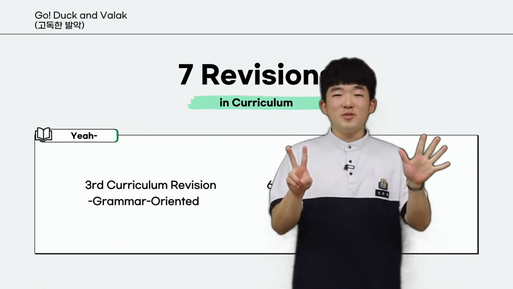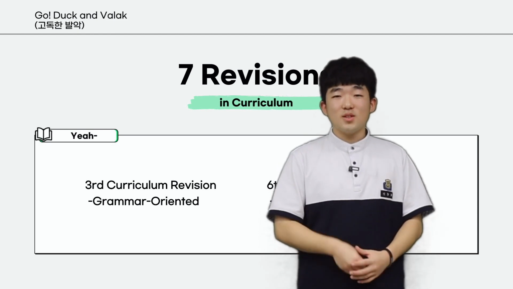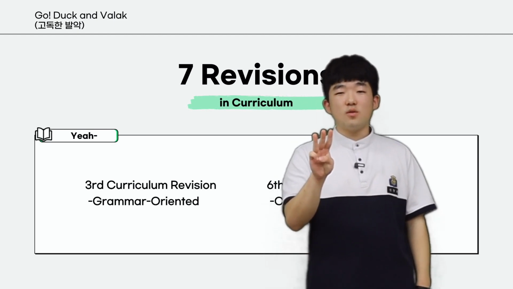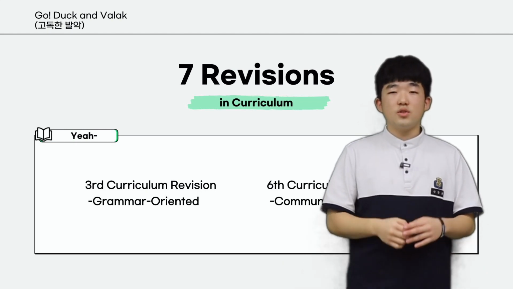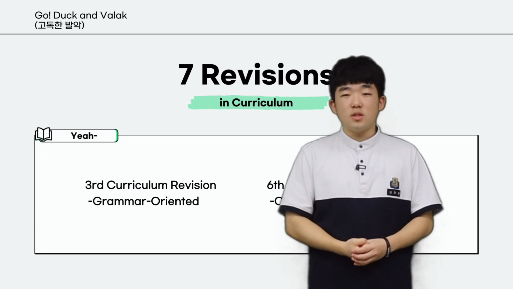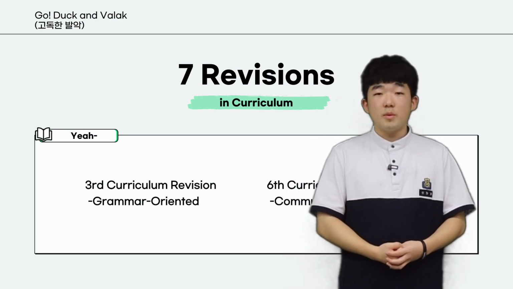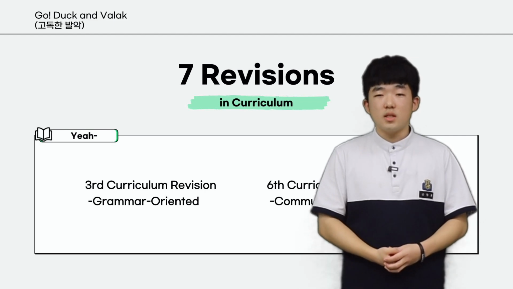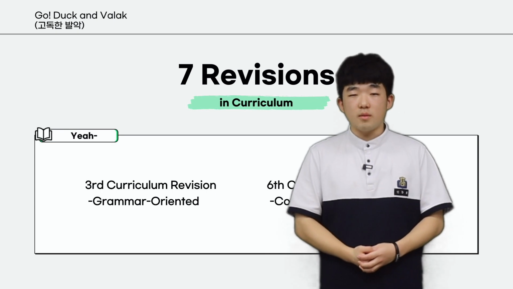There were 7 revisions in the curriculum of Korean English education. Among them, the third curriculum revision provided a reason for English classes to become grammar-based classes and continue to these days. Although the need for English for communication emerged greatly during the hosting of the Seoul Olympics, grammar-oriented education was still implemented due to the environment focused on college entrance exams.